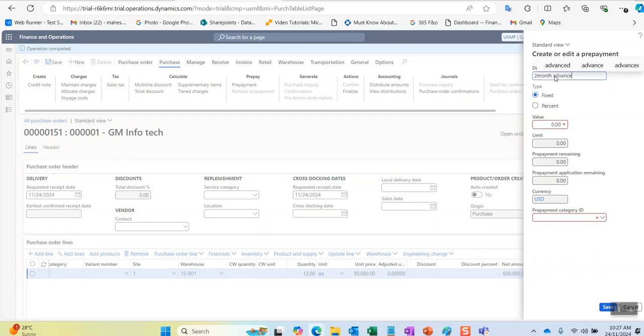Advance. Okay, if it is a fixed amount, you can update the amount over here, like for example 1 lakh. Or else if you want to update based on percentage, you will select the option as percentage and specify the percentage, like for example 15 percentage. If you press tab, it will by default update the amount, like for example,